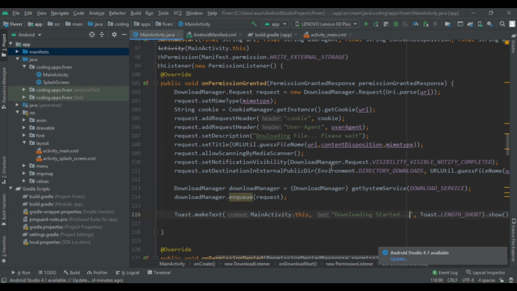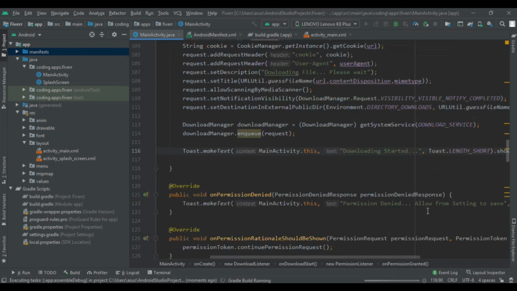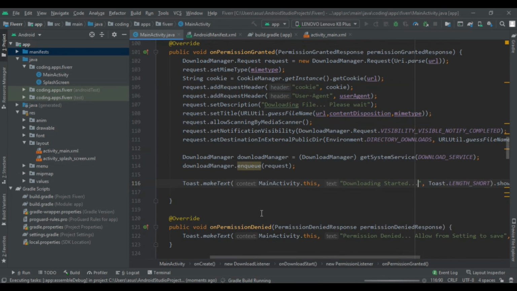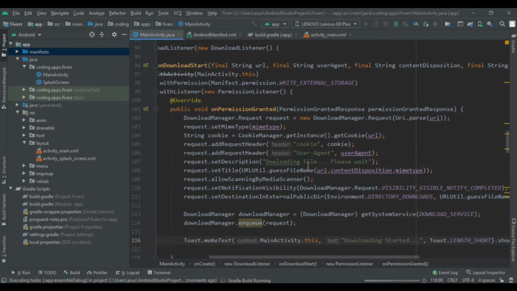Now we are going to run our Android app on our device. So you can see that our Android Studio has started the Gradle build running, and I don't think Fiverr.com has any downloading functionality. So we may not get a chance to test it.